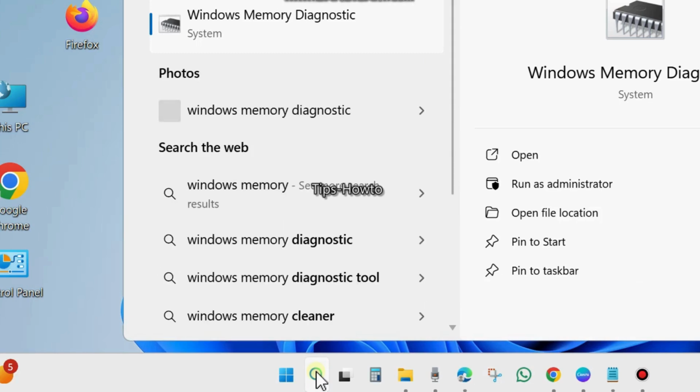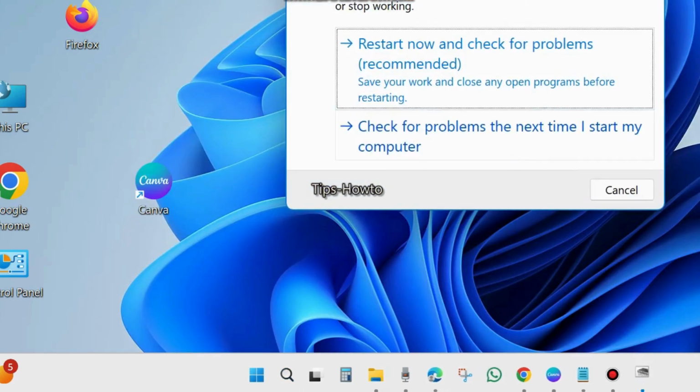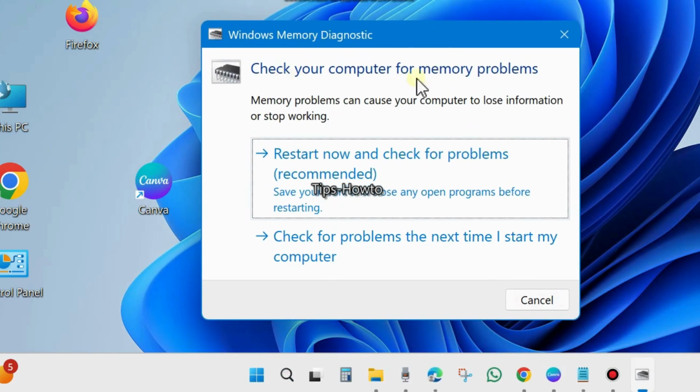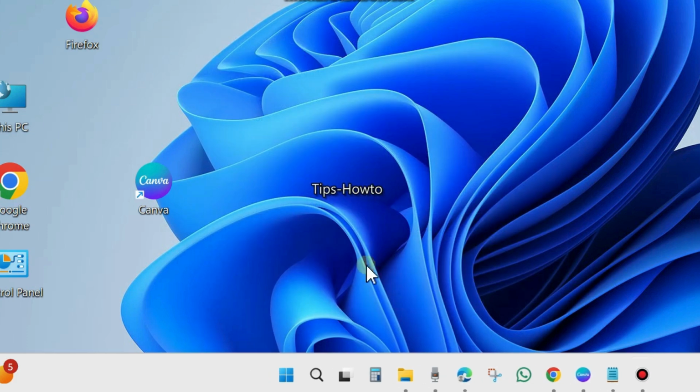Go to Windows search and type Windows Memory Diagnostic. Open the Windows Memory Diagnostic tool. There may be a possibility of memory related issues, so here check your computer for memory problems. Memory problems can cause your computer to lose information or stop working. So choose restart now and check for problems, recommended. It will restart your system, and after restart the tool will run. Follow the on-screen instructions